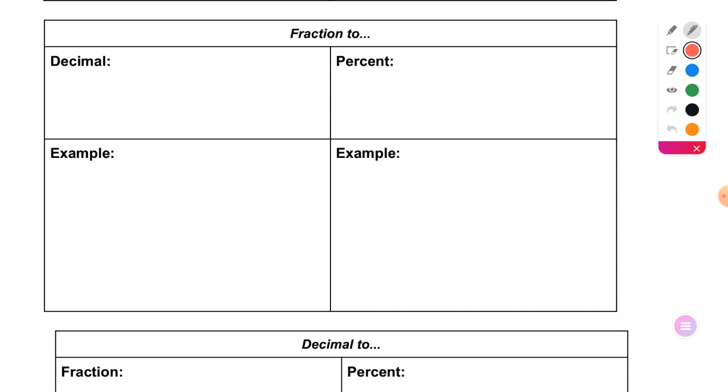Kendall, so for the percent, the fraction is over 100 to get 2 decimal places? Okay, so she's saying if it's over 100, if I can say that decimal properly, like 17 hundredths is